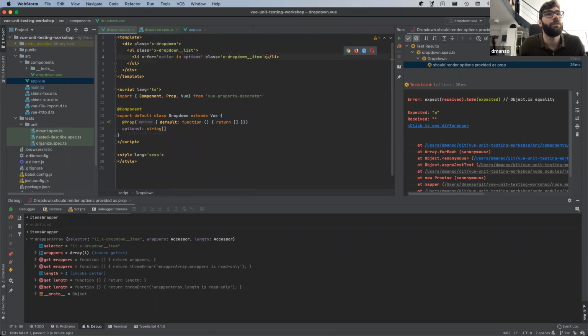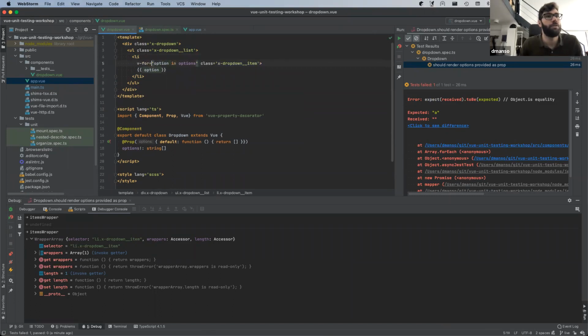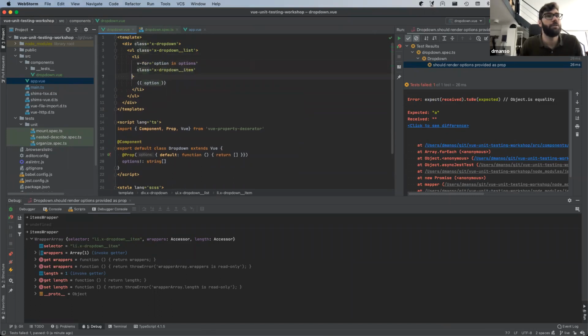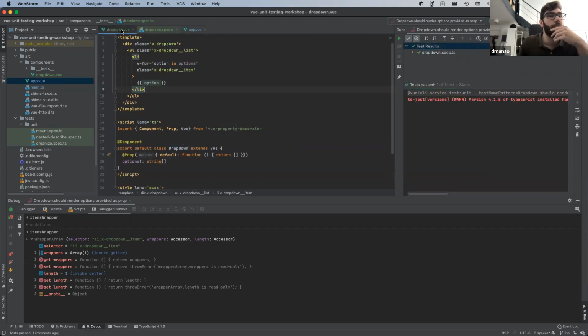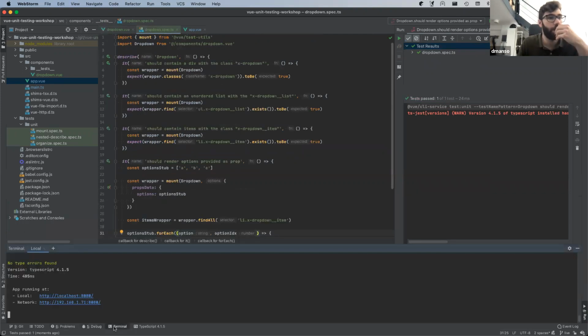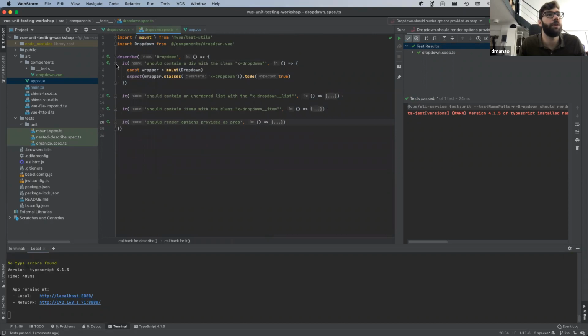Yeah, here we can do it and just render the option. Okay. What else? Well, I think that's all. Okay, let's execute this. Well, it works. So fine, and okay, everything is fine here. So well, we can continue with the next requirement,